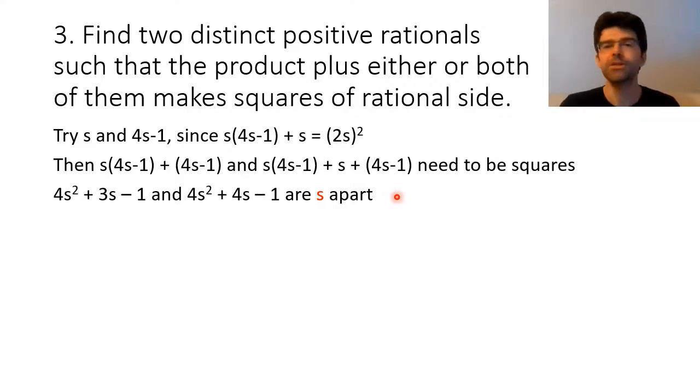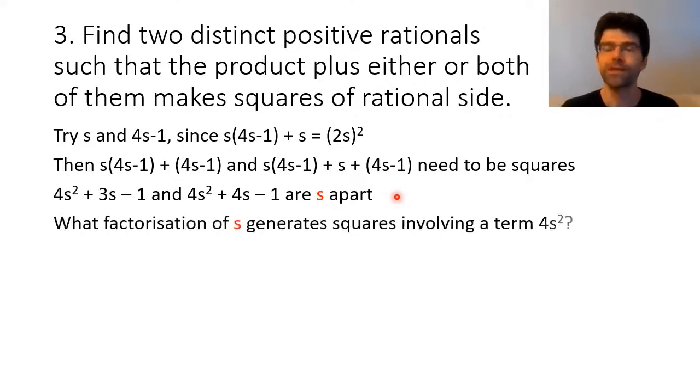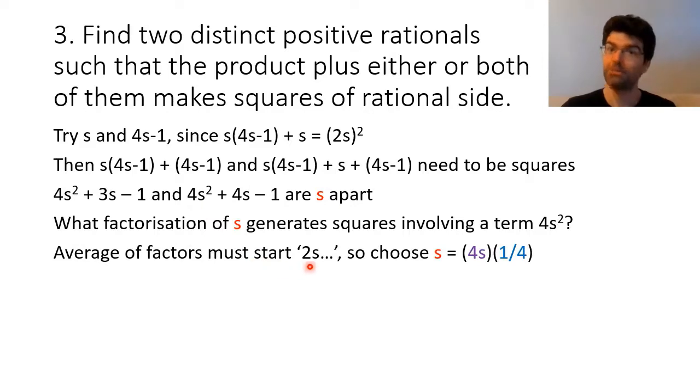The key question to ask now is what factorization of s can we choose that is going to generate squares that have 4s squared in them that we can then cancel out and get into an equation in helpful form? And the answer is, well, we want the average of the factors to contain 2s, so when we square it, it's going to become 4s squared. So if you choose the factorization s is 4s times a quarter, the average of the factors is 2s plus